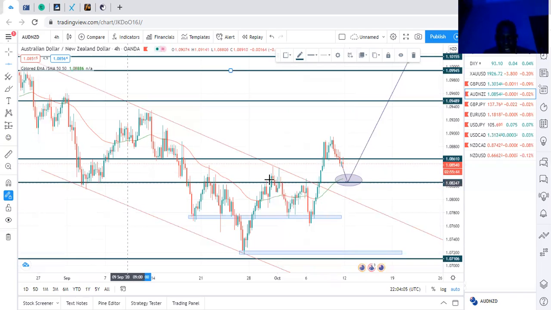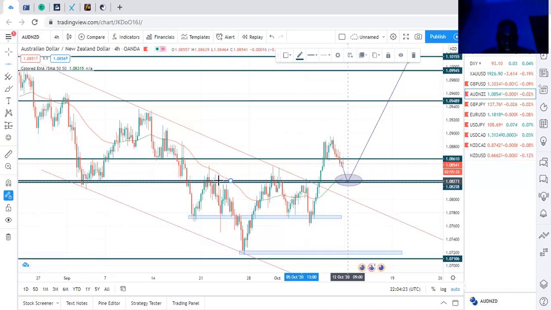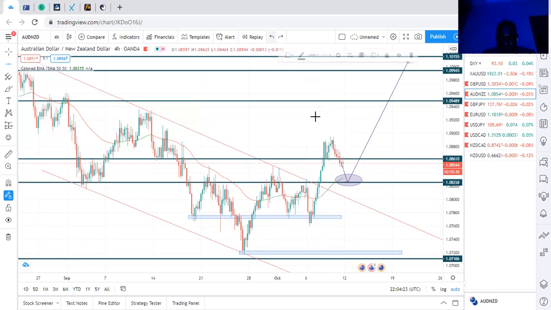Know that this level is not just a straight line. Support and resistance levels are not straight lines, so price may not even touch the line before showing some rejections and going to the upside. Price may reverse, and price may just come close to this line and then reverse. It doesn't mean it is not respecting the level. You have to know these places are zones, not a straight line. So what I'm expecting on the AUD NZD is for price to come down here, retest, and give some rejection wicks.